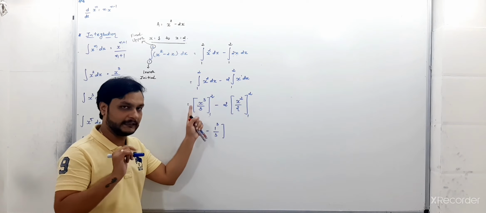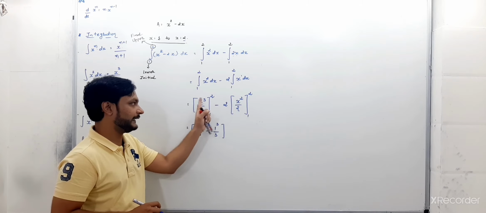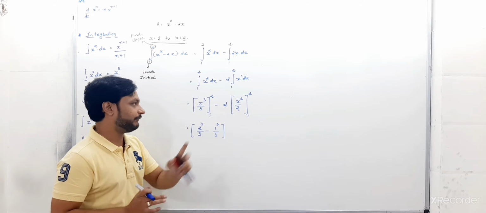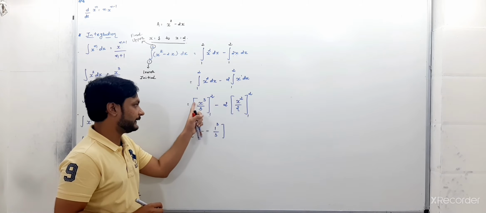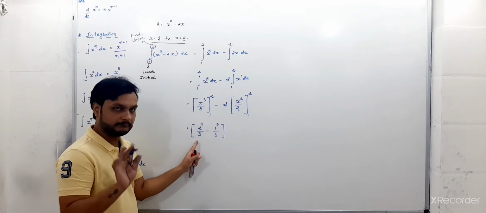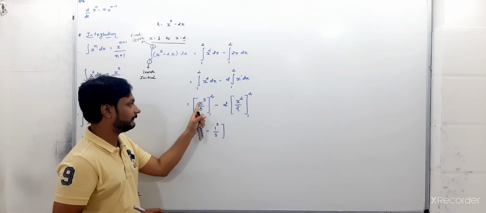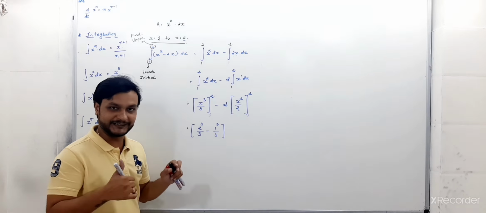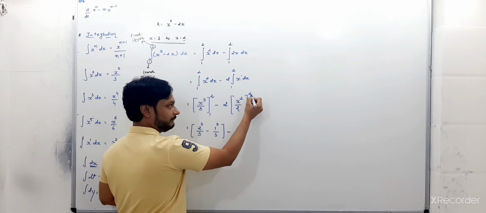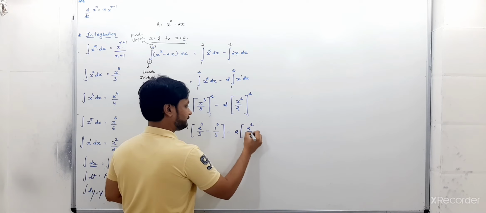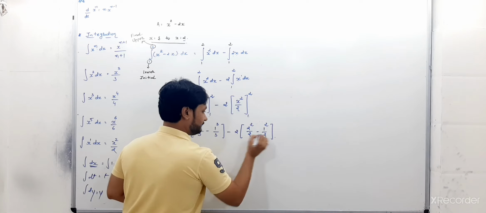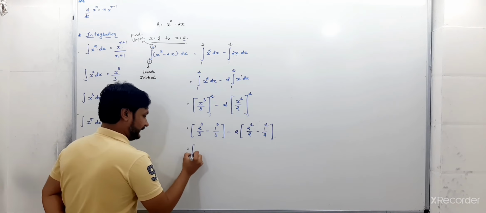So here the changing quantity is x. In place of x, we will put the final and initial value, and then we will find the difference between them. So final is in uppercase, right? So put the uppercase in place of x. So we put here 2 cubed divided by 3, same, minus initial 1 cubed divided by 3. Got it? Okay, fine. Now minus 2, here again uppercase minus lowercase. Then okay, fine. So now take the simplification.